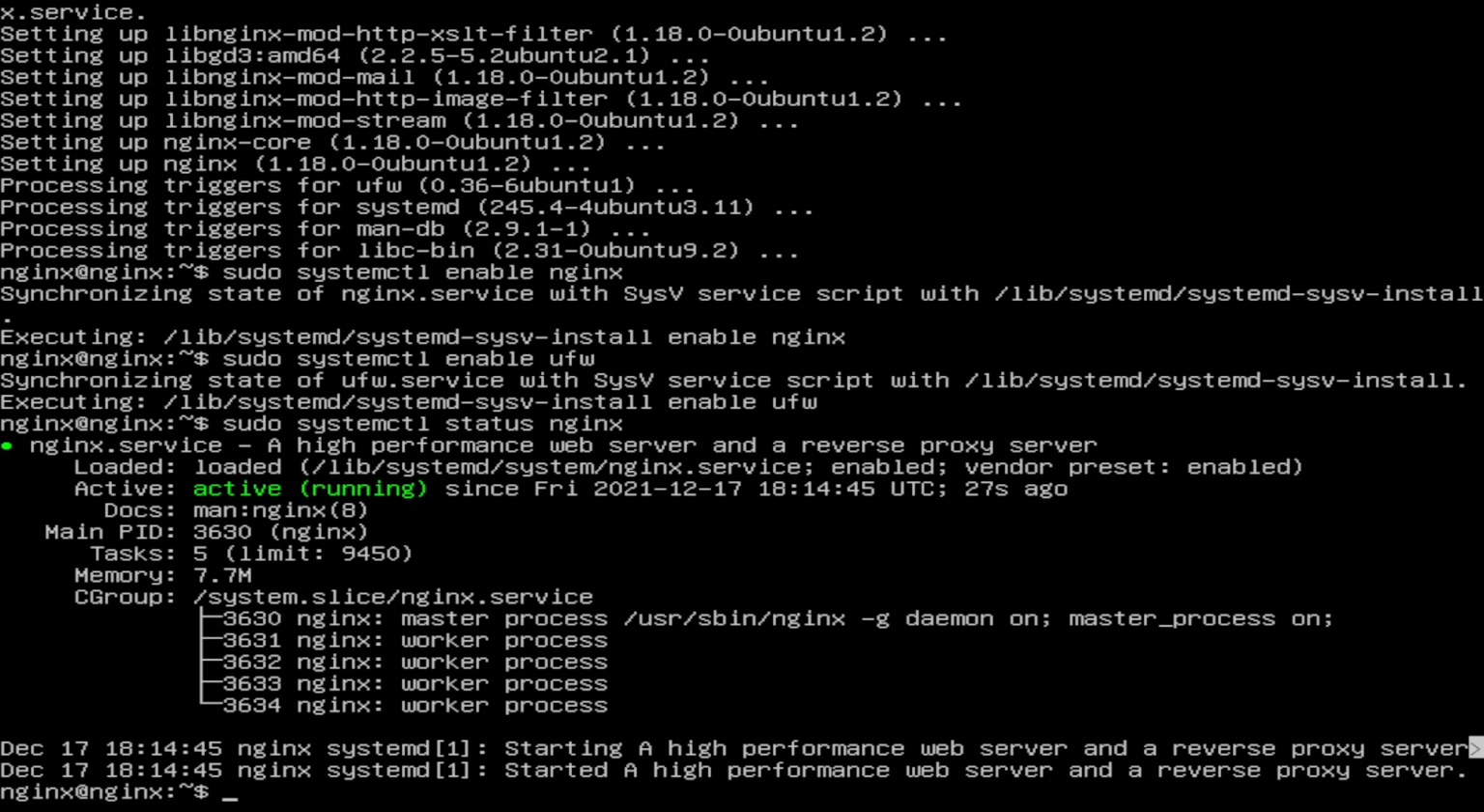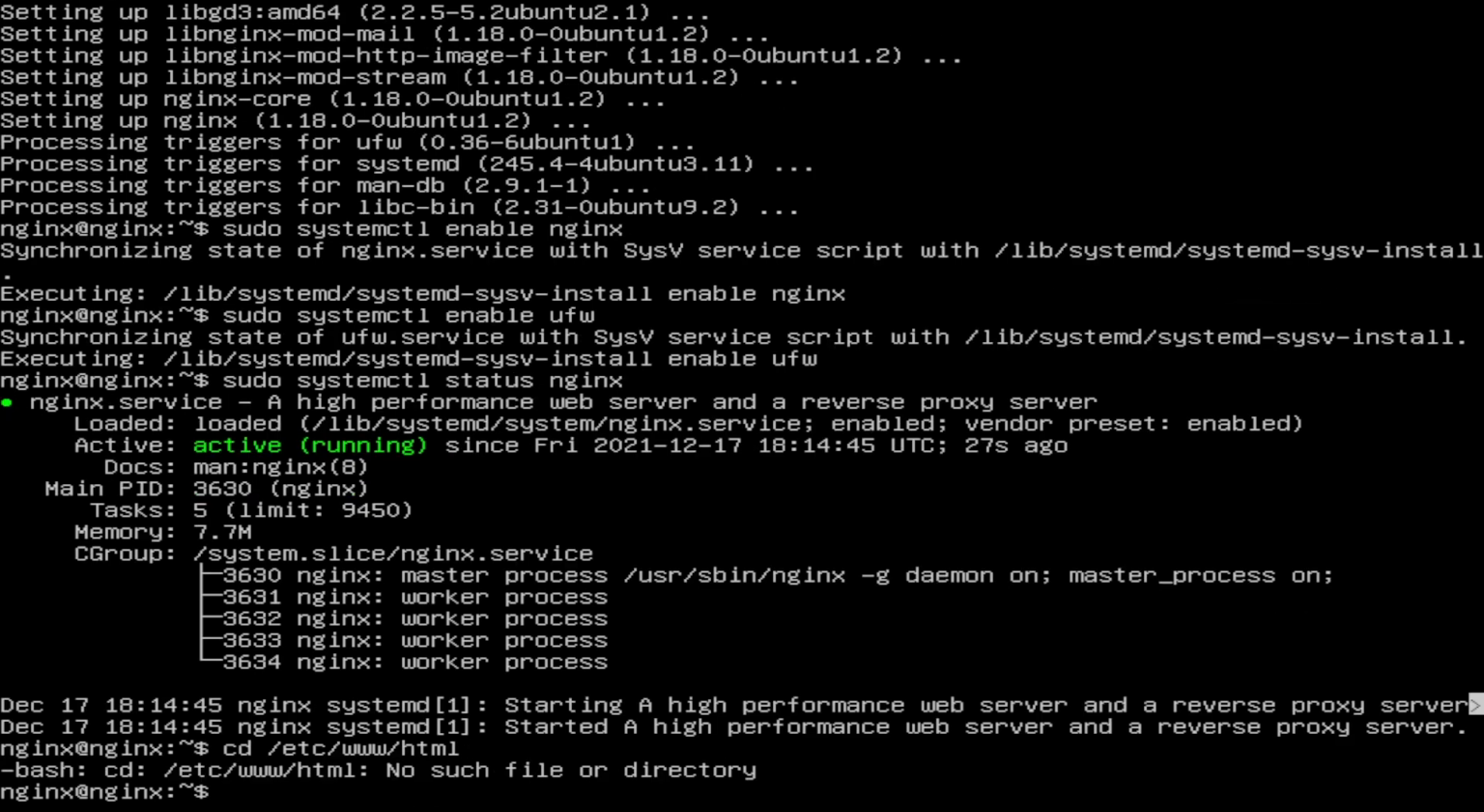So to get access to the files to actually put stuff on the Nginx website, we'll get to it via the file system. With this, it'll be cd /etc/www/html. I stand corrected, it's var. It's been a while since I've done this. My website's not been up for a while, so it's cd /var/www/html,